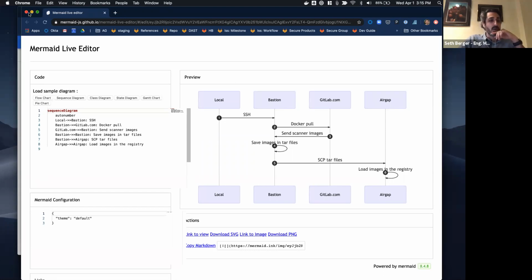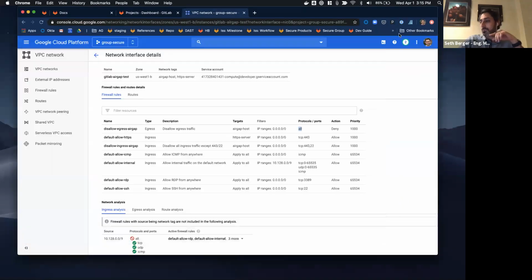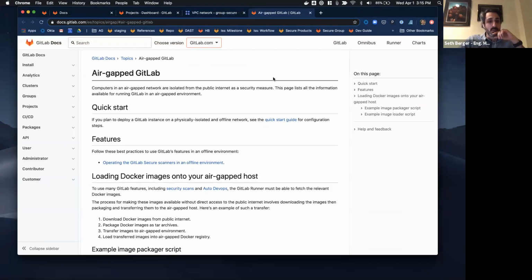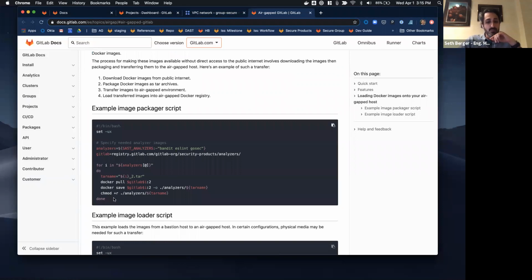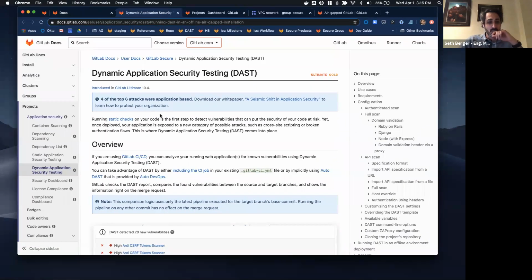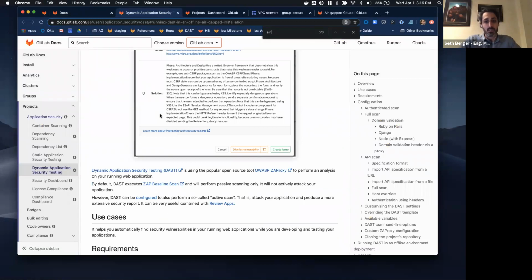So I'll walk through how to do this through the documentation. There are two documents that are important to look at. The first is this document, which is the air-gapped in GitLab. It has a couple of sample scripts, and I'll walk you through the script that I have, which is a slight variation of these. The other document that is important to read in conjunction with this is the DAST specific document. So if we scroll down here to air gap,